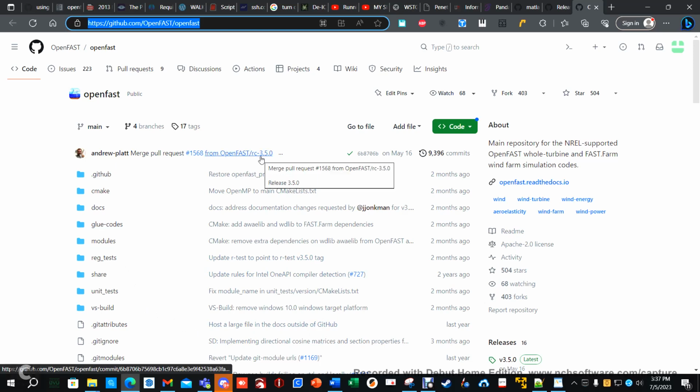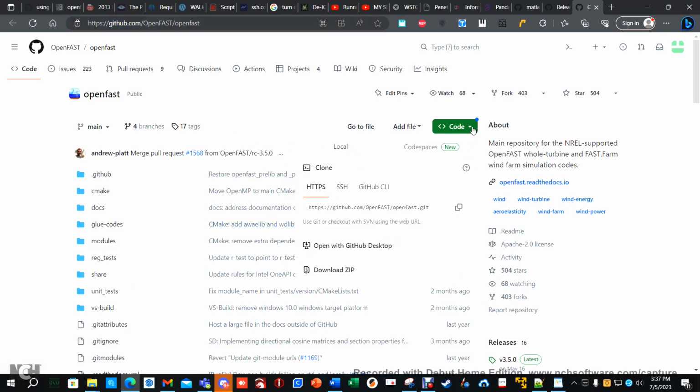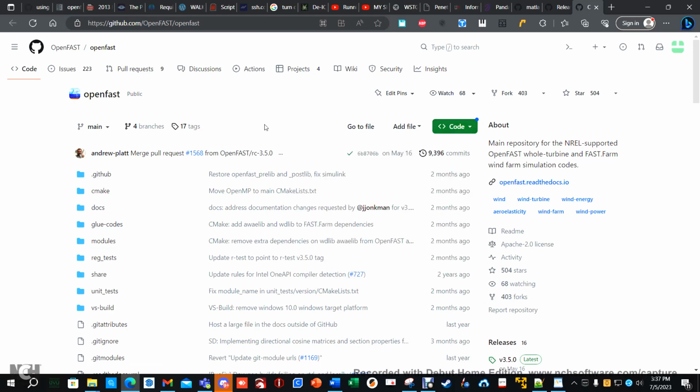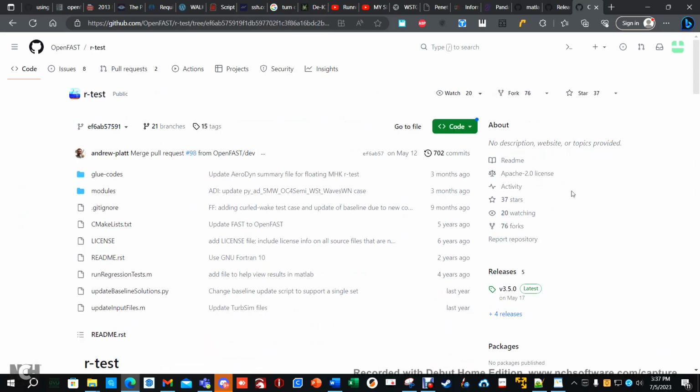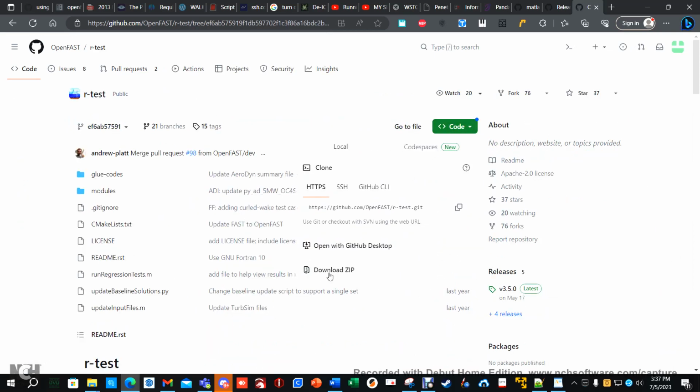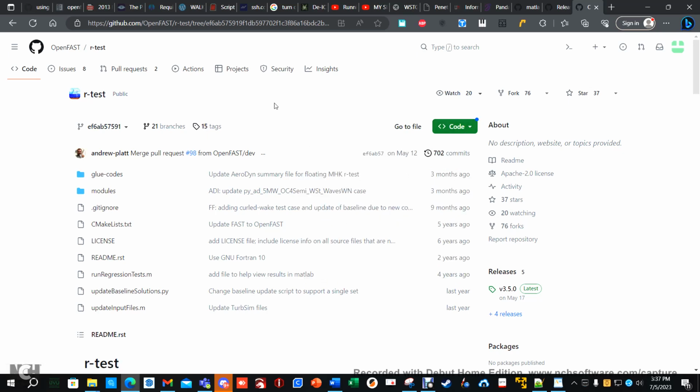You want to make sure it says RC 3.50. That is the current edition. So you're going to click where it says code right here, and you hit download zip. And then you're going to download it. And then there's another file nested within another place, so where it says reg tests, you're going to click that. And then this folder rtest, you're going to click that. Do the same thing with code, download zip. And then that's going to download everything that you need for the moment